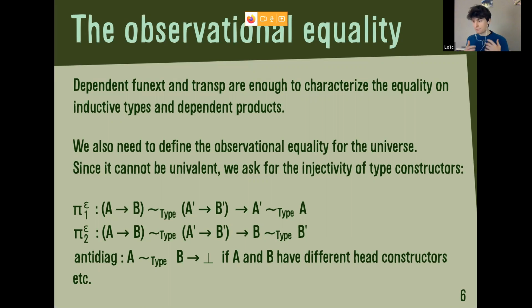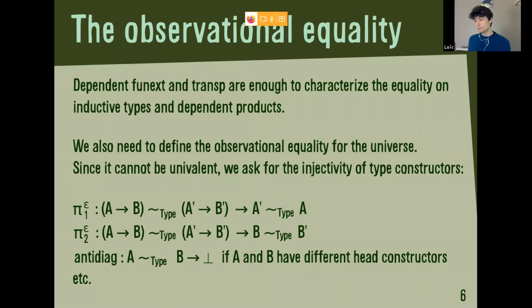But it remains completely unspecified on the universe so far. And when you think about it, it's really the most important case. Well, not necessarily the most important, but the most interesting. Because contrary to all the types so far, the lowest universe of type theory naturally has the structure of a groupoid and not of a set. Well, at least that's what we would get from the univalence axiom. But of course, in observational type theory, all types should be sets.